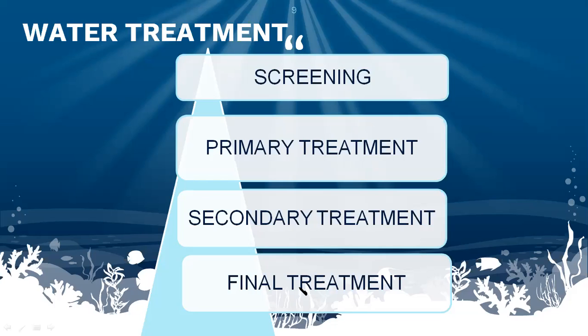Then comes the last stage. Now the water is almost treated. In this final treatment, the almost treated water is passed through a settlement tank, and any more sludge, if it is remaining, is found at the bottom of the tank. Again, the sludge is scraped away and collected for treatment. Water at this stage is almost free from harmful substances and chemicals.